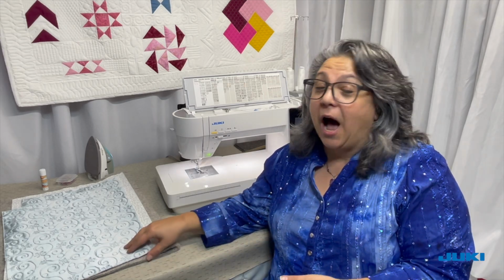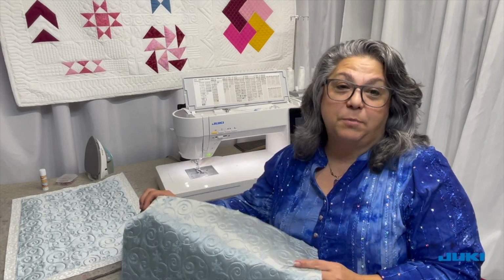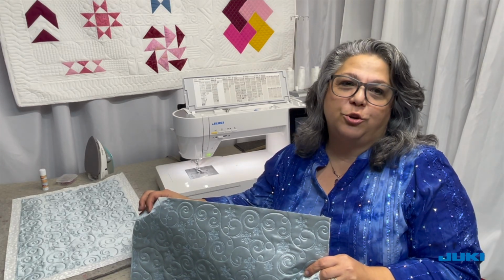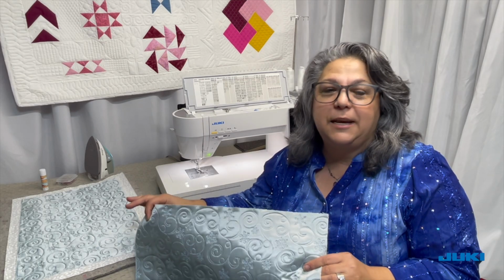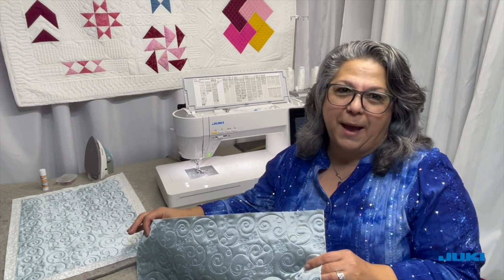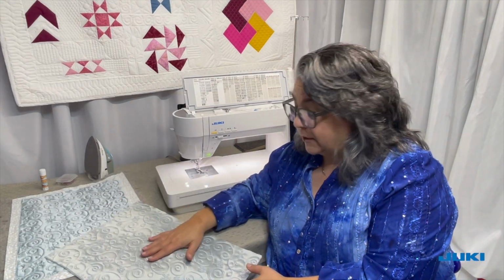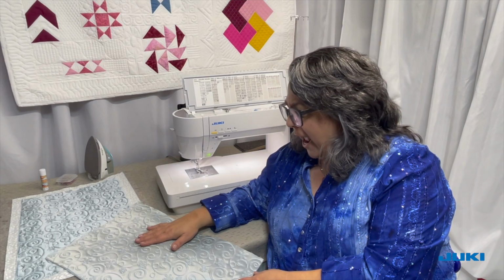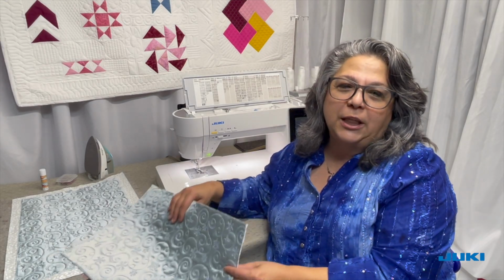Today we're going to be working on a project. We are working on placemats. Now I love a quilted placemat that is bound, and I am going to show you an easy beginner way to self-bind a placemat. Now, I quilted this on my long arm with my J-350, and what I realized after